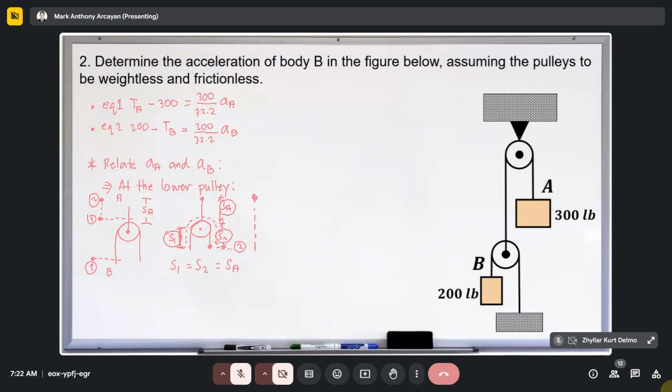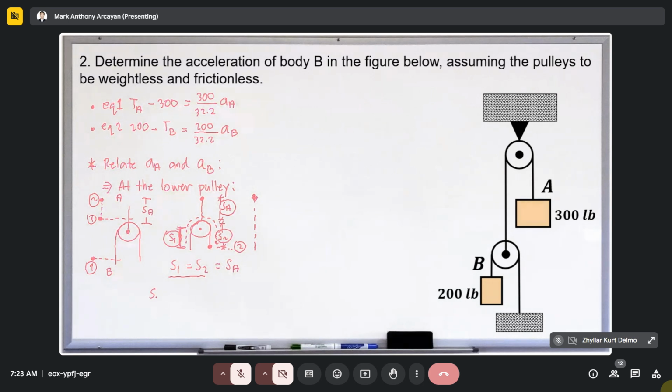Class, you can try this one, no? Like, you can create this system, and then you found out that if imong birahon ang upper portion, class, no? If you pull the upper portion, what happens is, kusog kay ni molihok ning ubos, no? Kusog ni siya molihok. So, ikaduha siya. Like, one displacement of the upper rope will create twice the displacement for the lower rope because of this one. Now, F1 is equal to F2, which is equal to Fa.